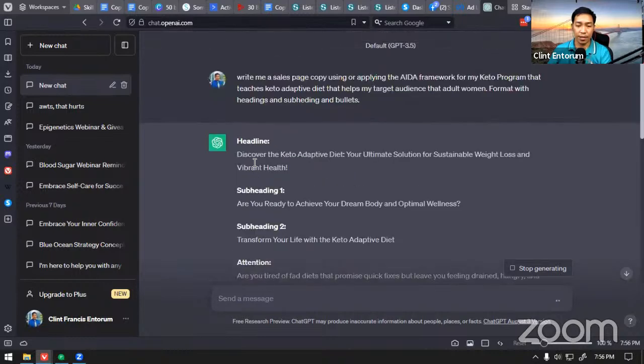And you have that copy: "Discover the keto adaptive diet, your ultimate solution." This is a good thing about ChatGPT, that it already incorporates good copywriting. ChatGPT is actually a combination of a lot of submissions from different users, and it has a huge database of information, so it could craft copy about this.